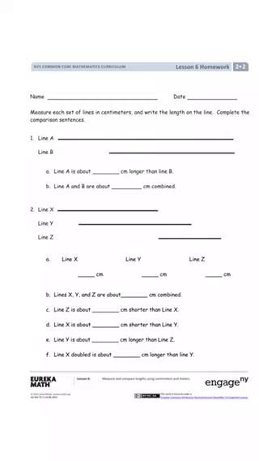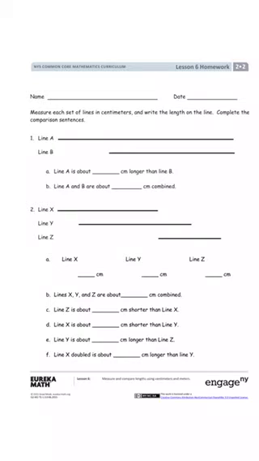Okay, so let's take a quick look at our homework. We're going to do all problems on the homework assignment for tonight. So there are no must-do problems. We're going to do all problems. So what you're going to do, you're going to measure each set of lines in centimeters, and you're going to write the length on the line. So on top of the line that you measure, you're going to write the length, and then you're going to